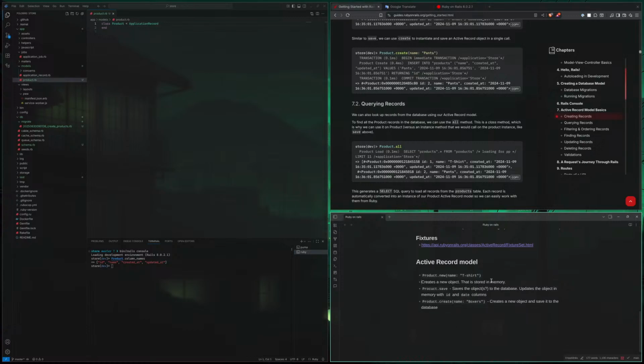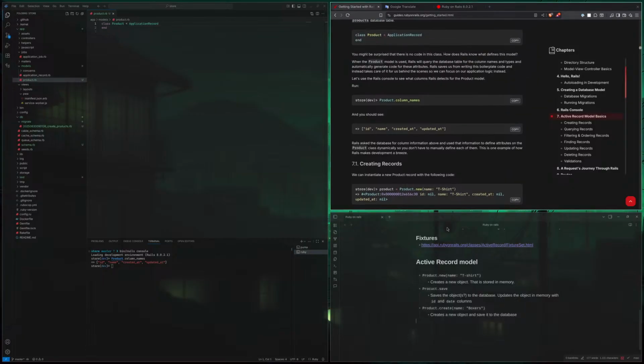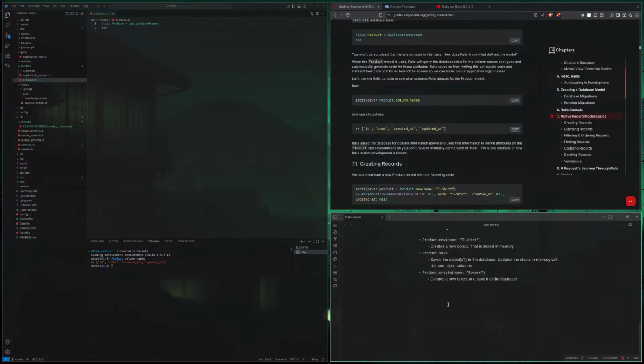Maybe we should do it like this. It's easier to read, I think. We have creating, and we have querying.